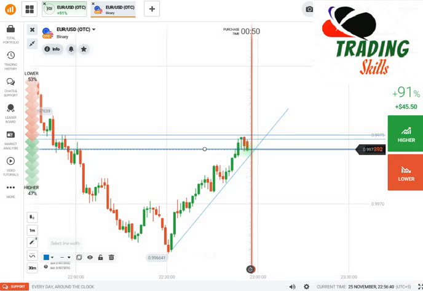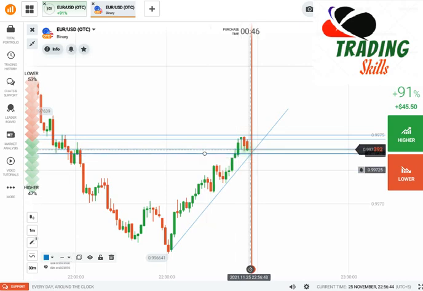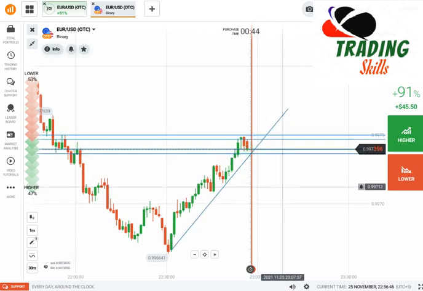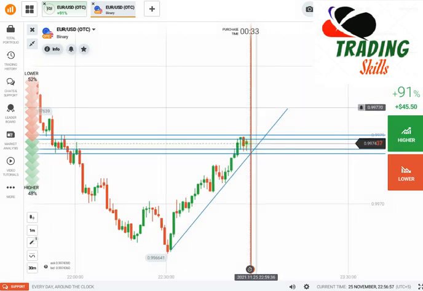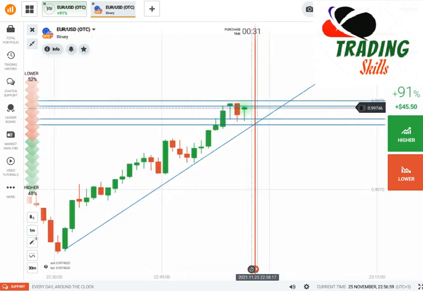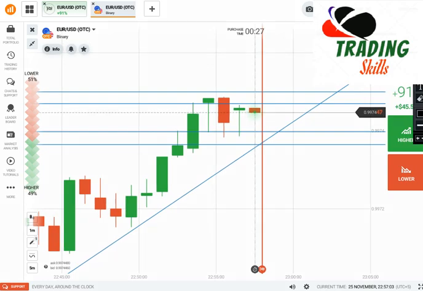Okay, so this is the level. Now you can see market is a trendy market. It can hit this area and can go up, but we will wait. Okay, now again what I'm seeing here,